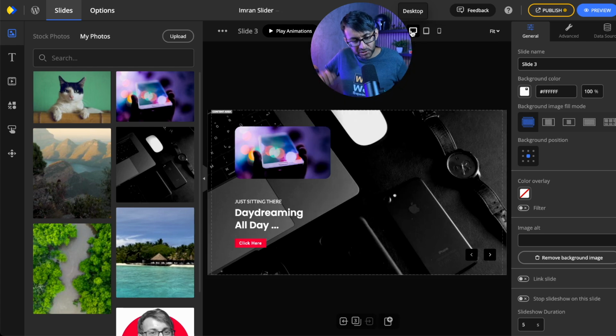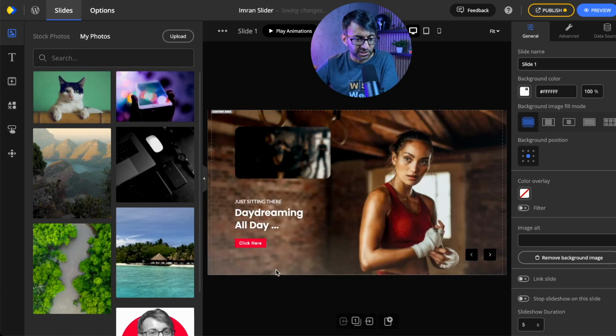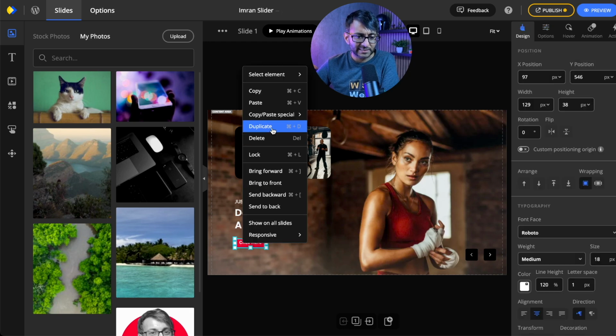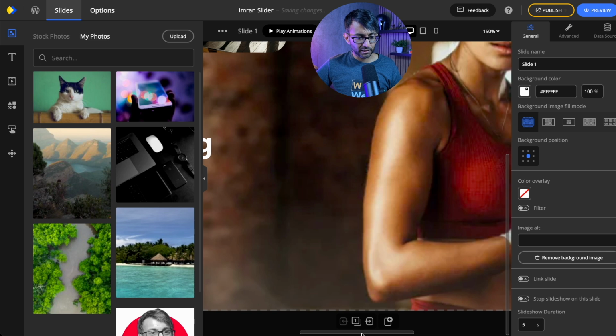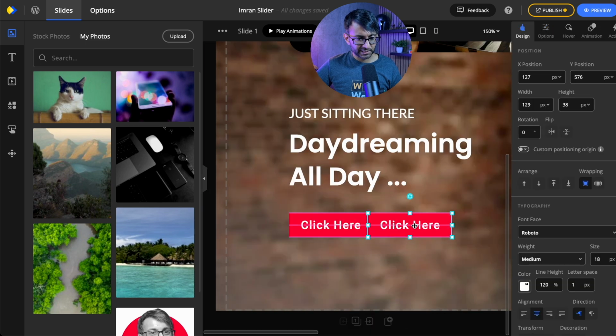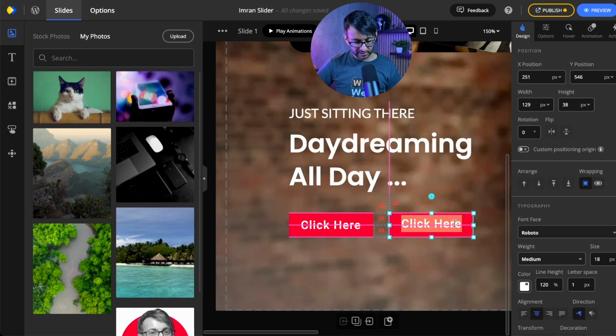Now, what about if we do want to add in a button which jumps all the way over to slide 3? So let's just go back to slide 1. This button here, I could right click it and duplicate. So I don't need to drag in a brand new one from scratch. So we duplicated. Let's make it be 150%. Let's now move this button to just be here. And how about we change this to say, go